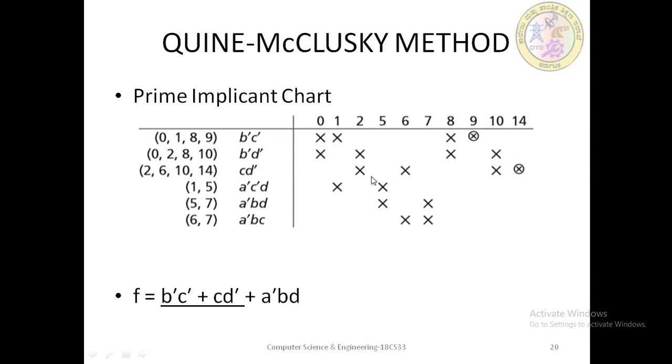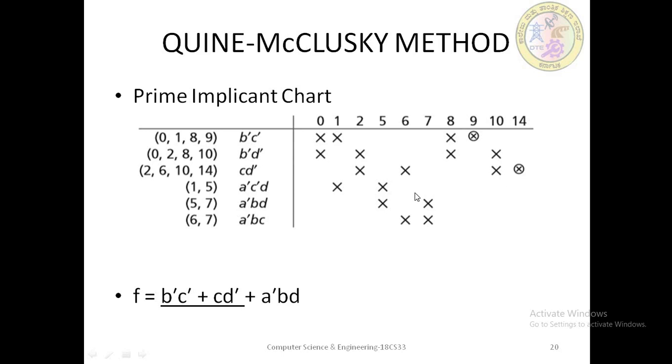And also you can see this has been covered here, this has been covered here, this has been covered here, and this has been covered in the previous session. That means whatever we are trying to extract, this second one, why we are eliminating B bar D bar is, so this has been already covered in another group. So that's the reason we are trying to eliminate B bar D bar. And here we have got two essential prime implicants.